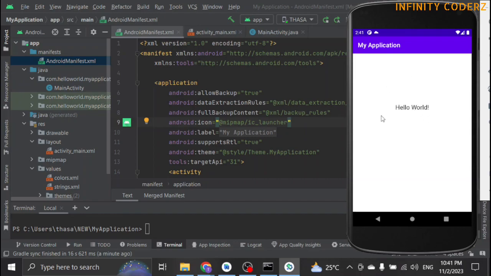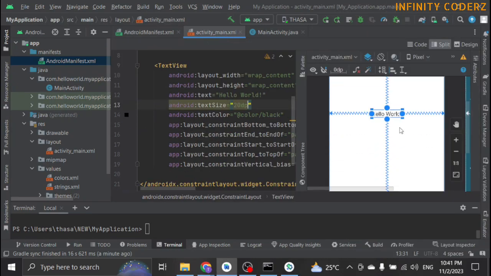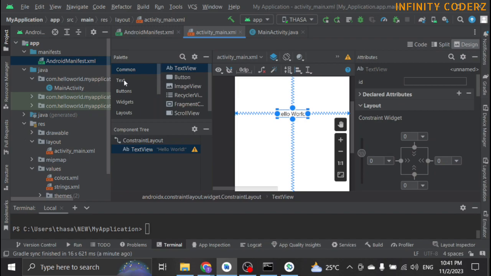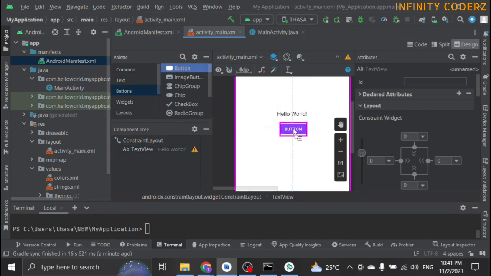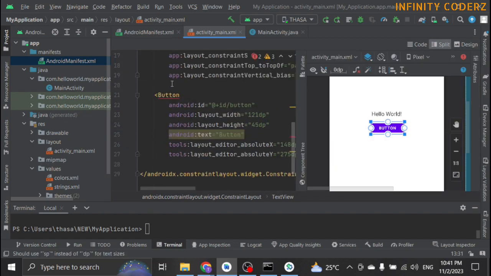The first thing we have to do is go to the activity main XML layout and add a button option. To add the button in the layout, we could code it, or we could go into the design view and navigate to the palette and choose the button type we would like to use. Just drag and drop the button into the layout and resize the button, depending on the dimension needed.